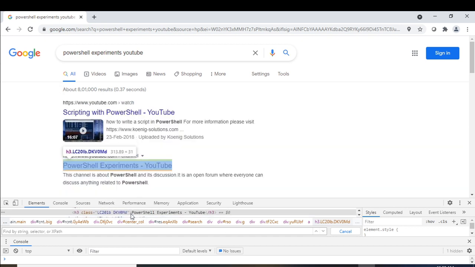So you can see that this element, this hyperlink, is uniquely identified by a class called this. Let me copy this class first. Okay, I have copied this class, and now let me search by using XPath, because it is possible that there are a number of hyperlinks which have the same class. So let's do that.